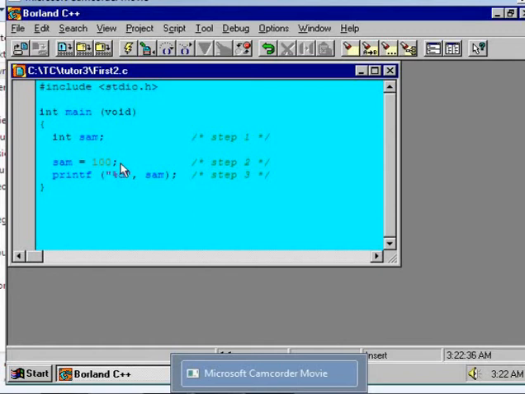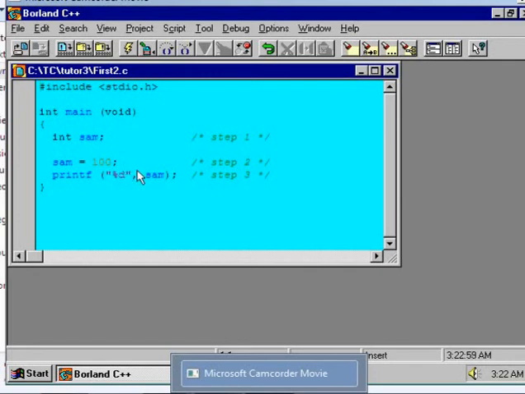Remember that this is an executable statement. The compiler will allocate the memory space and store the value 100 at that memory location. So if you execute this statement, then the compiler will allocate the memory and it will initialize the variable Sam by the value 100. Clear?